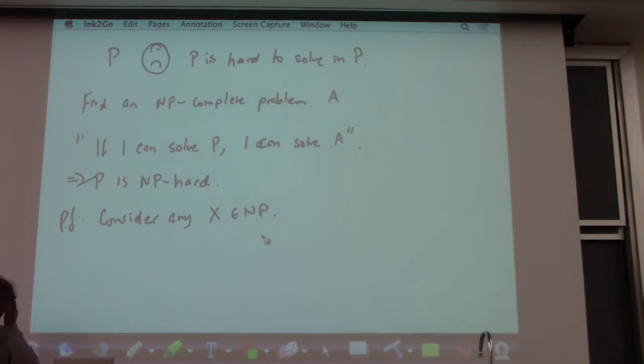I'm going to solve x now in polynomial time. How do I solve x? Well, given A, so I can solve P. So solving P implies solving A from what I just showed. But solving A implies solving X. Why? Why is that true? What did I say about A? A is a known NP-complete problem. So solving A means I solved everything in NP. In particular, I solved X. Therefore,